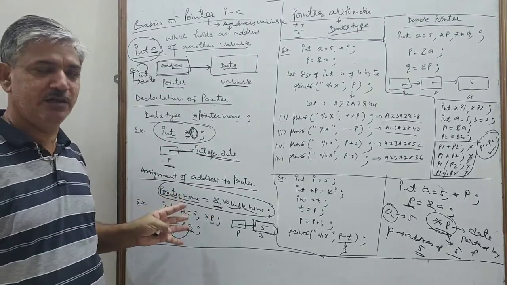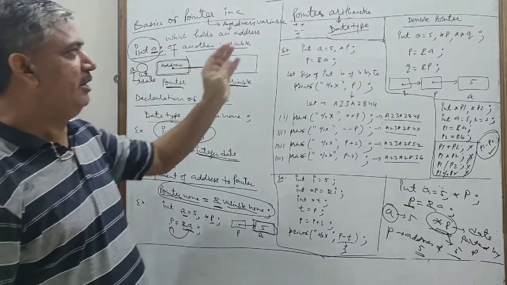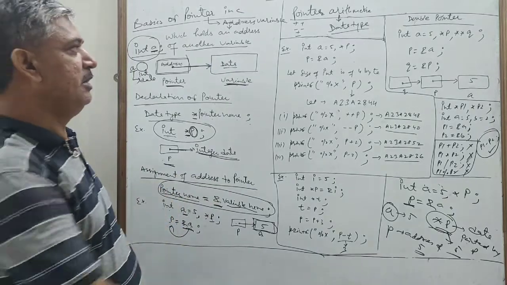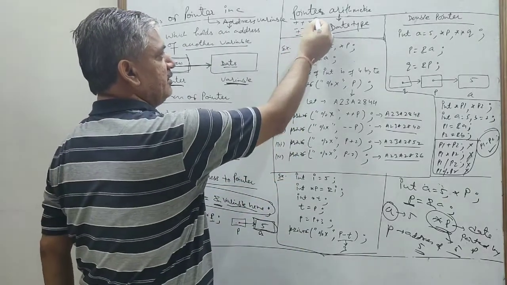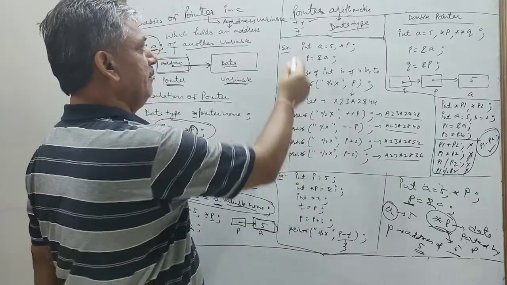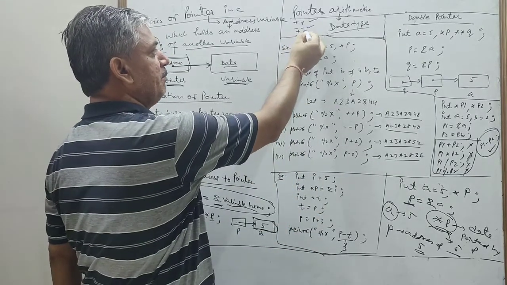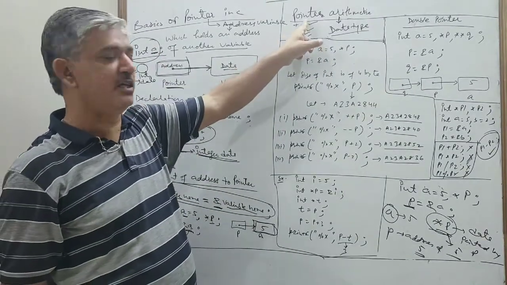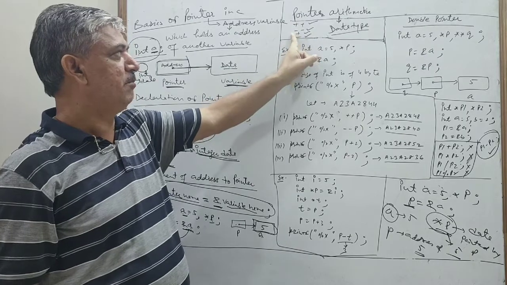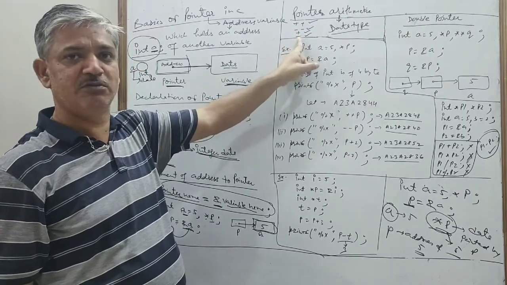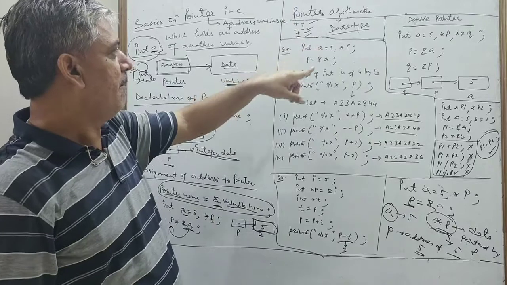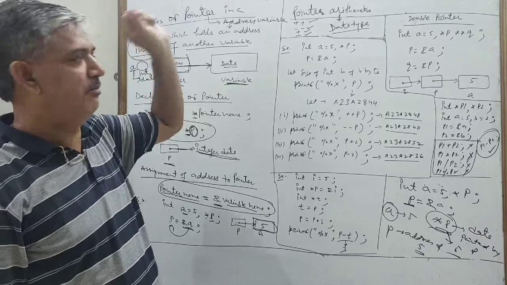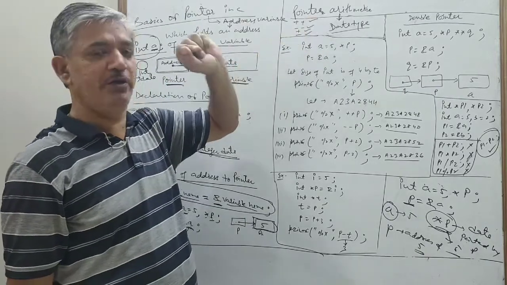So this is the simple definition of a pointer, what a pointer is and how to declare it and assign an address to it. Clear? Now, these are the permissible arithmetic operators for pointers: increment, decrement, plus and minus. Plus plus is the increment operator, minus minus is decrement, plus is for addition, and minus is for subtraction. So these are the operations which are applicable for pointers.